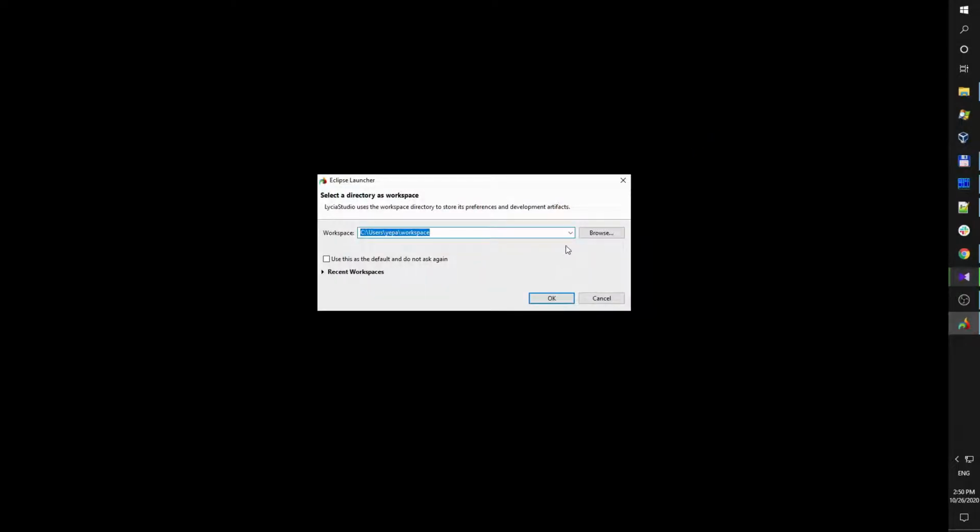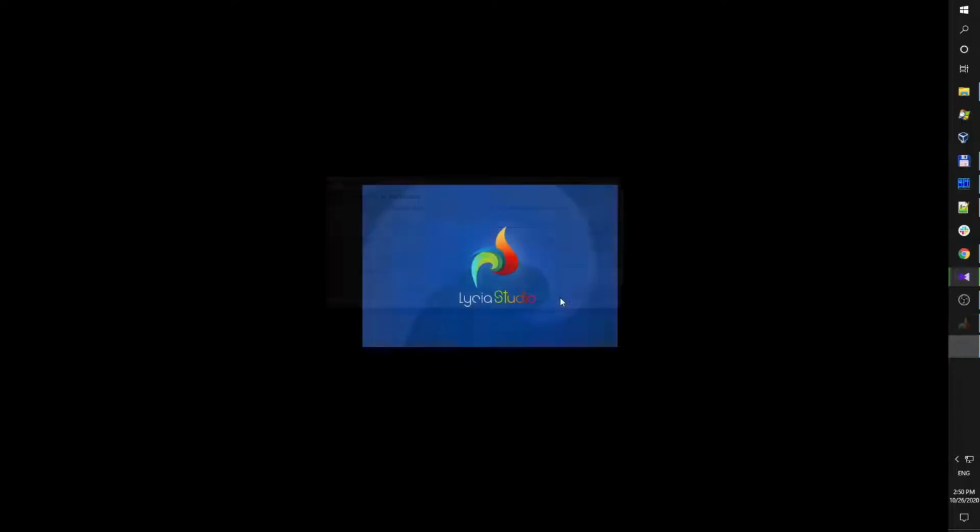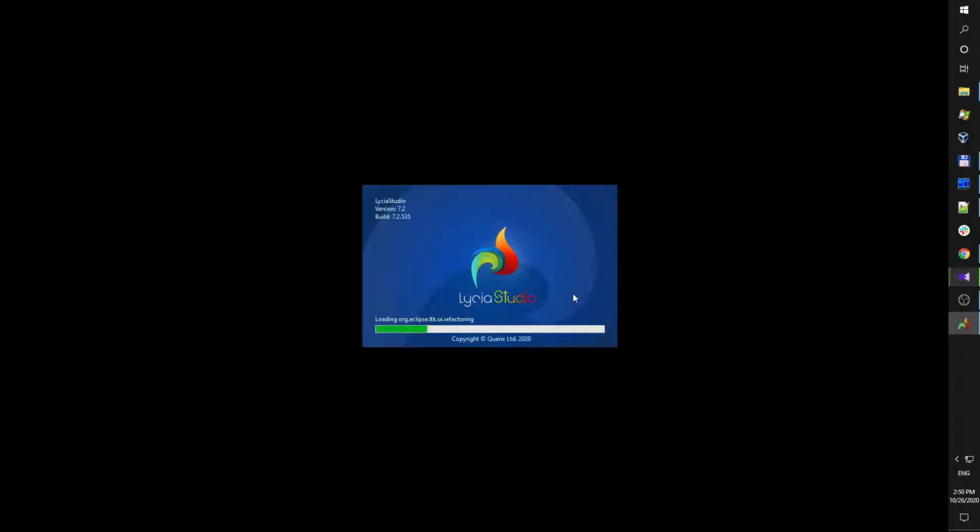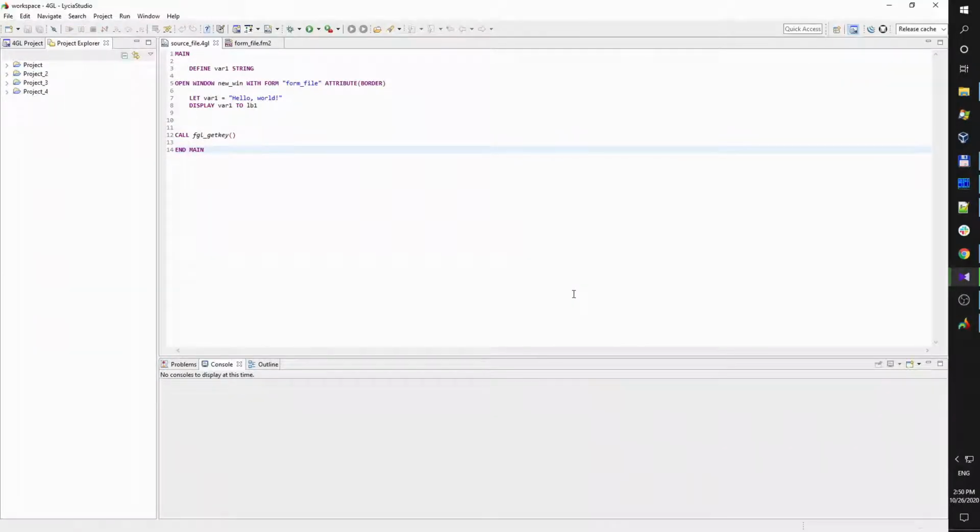Once Lycia is installed, you can run it from the Start menu. When Lycia Studio is launched, you have to choose a workspace to store projects. By default, the workspace is located on the local disk C. Developers can have more than one workspace to fit project organization goals, or all projects can be stored within just